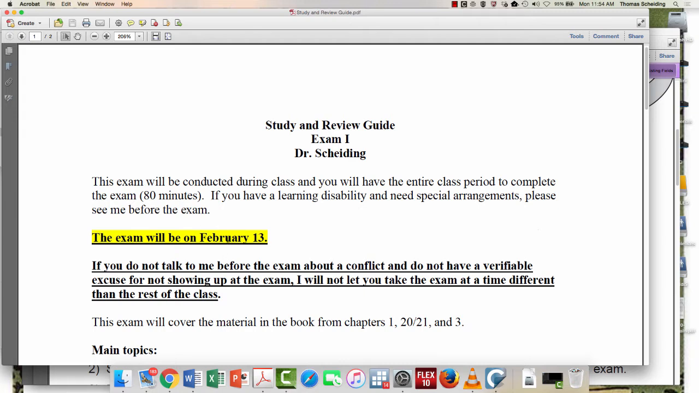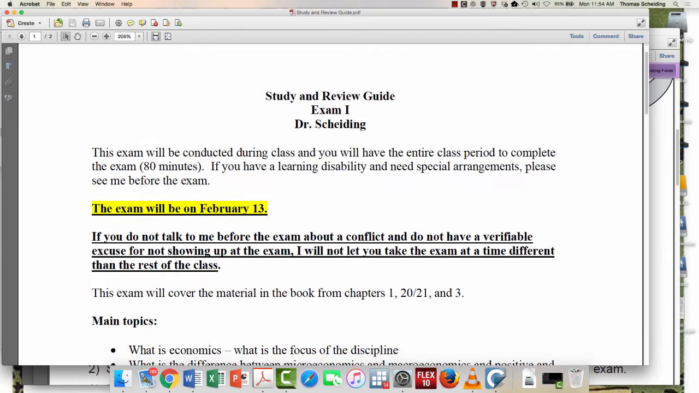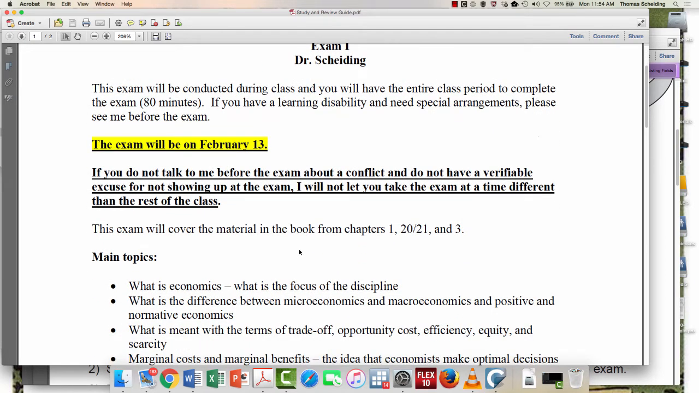The reason for the difference in the dates is that section 3 had their exam before I had to leave out of town, so we're about a week behind. Not a big deal, but the material is largely the same. I'm sorry, we're section 3. It's section 2 that took their exam last week. Sorry about that. The material is exactly the same though, and that would mean that we're covering chapters 1, 2, and